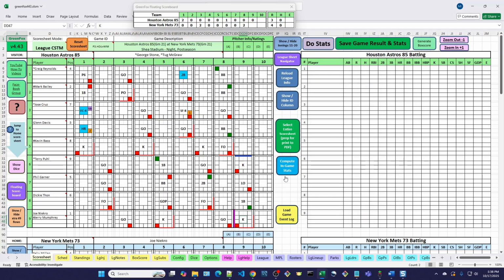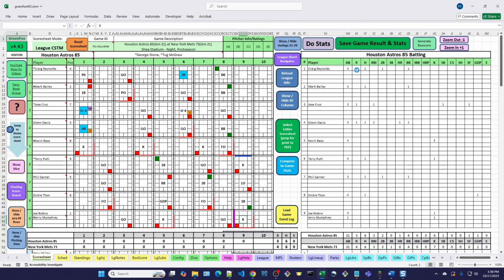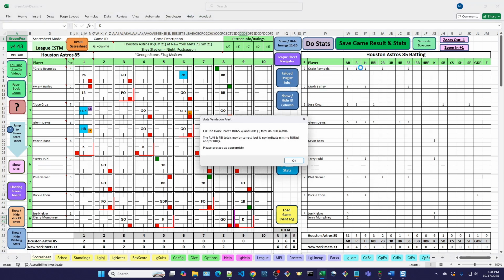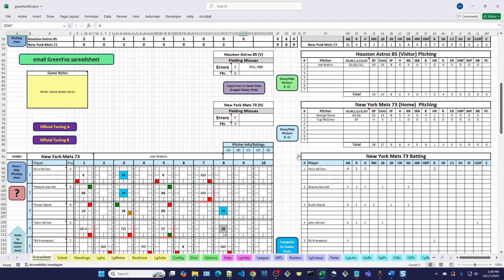So I'll close this. When the game is over, I'll click the Do Stats button. This is my favorite part of the spreadsheet. It magically does all the stats. If it finds anything strange, it may tell you. Here it says the home team runs and RBIs don't match. That may be wrong, it may be right, but it tells you about it. And it says I've finished computing the game stats. But down here, if we look,